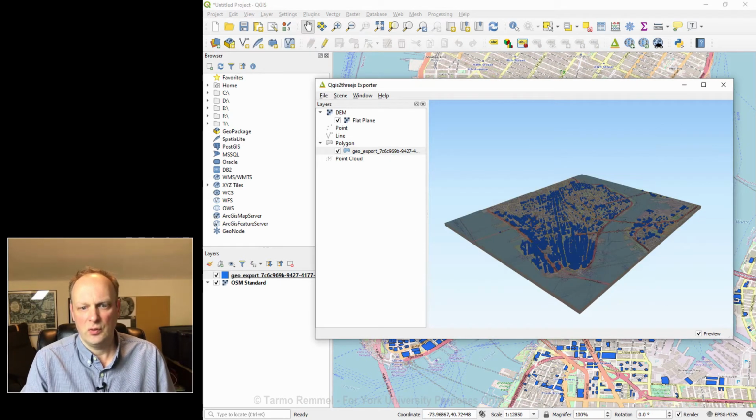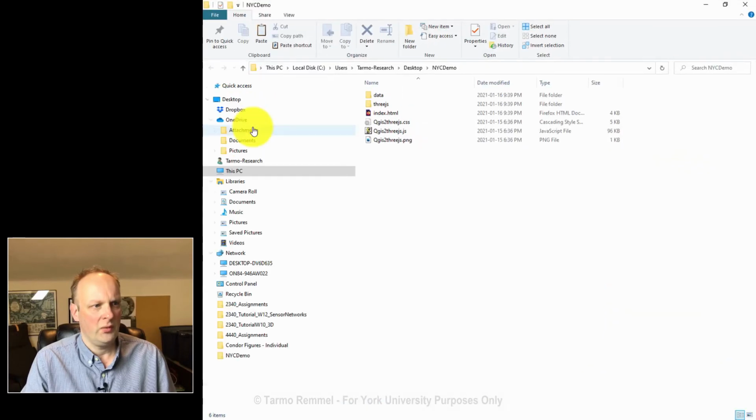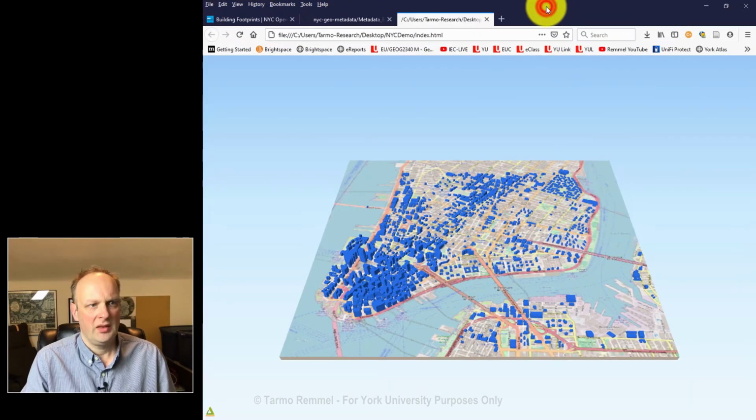And what's really cool is that I'm going to now open up that index.html file. So this is the one that we just created here. I'm going to double click on it. It's going to open up a web browser that looks like this. And that's pretty amazing. We have this 3D visualization of our buildings, but what's even more fun is that we